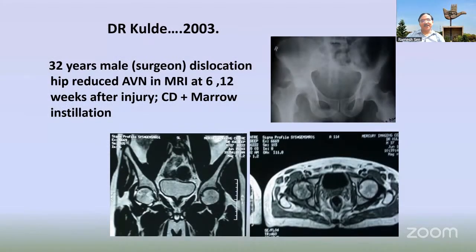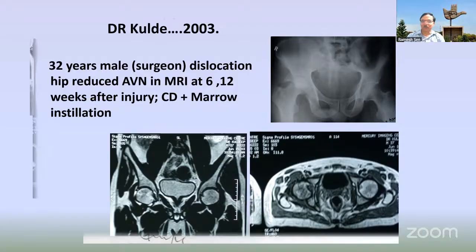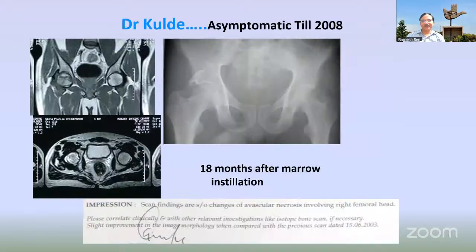In between these studies, we had understood that bone marrow cells have a very good potential. Now we go back to another issue. I had a surgeon friend who got his hip dislocated. He got diagnosed with an MRI after 6 weeks, and he had a scan at 12 weeks also, and he found it on the MRI. He asked, what can be done? I told him, it is 2003, that I have read about a paper, and this is what I can do. Should I do it? He agreed. For the next 4 or 5 years, he was okay. This was his early follow-up, where the MRI picture showed there was an improvement in the pathology of the avascular necrosis.